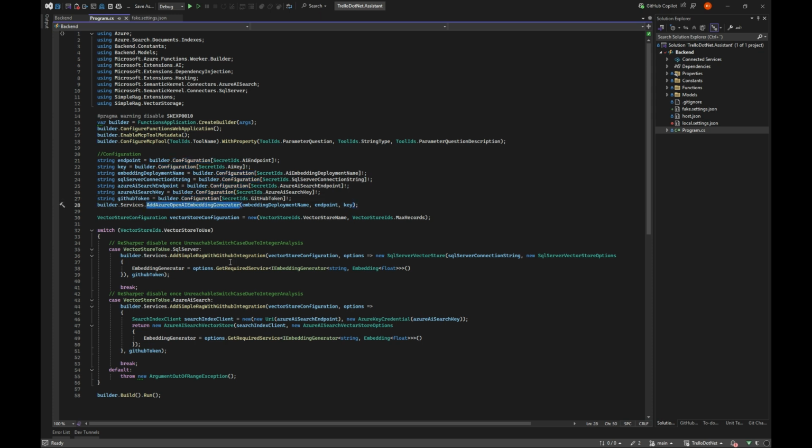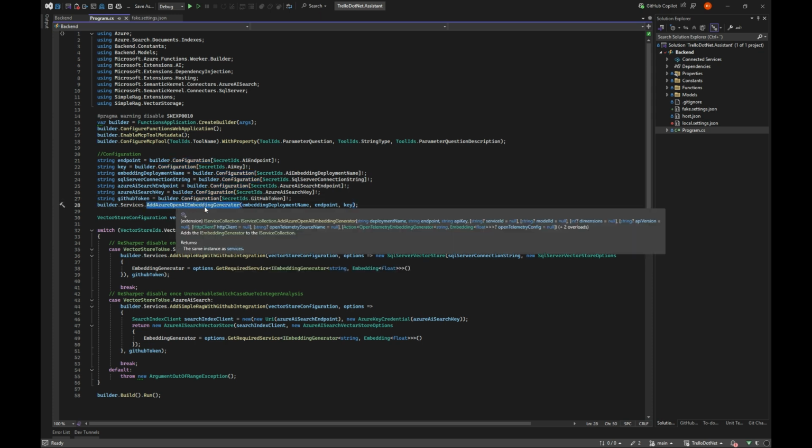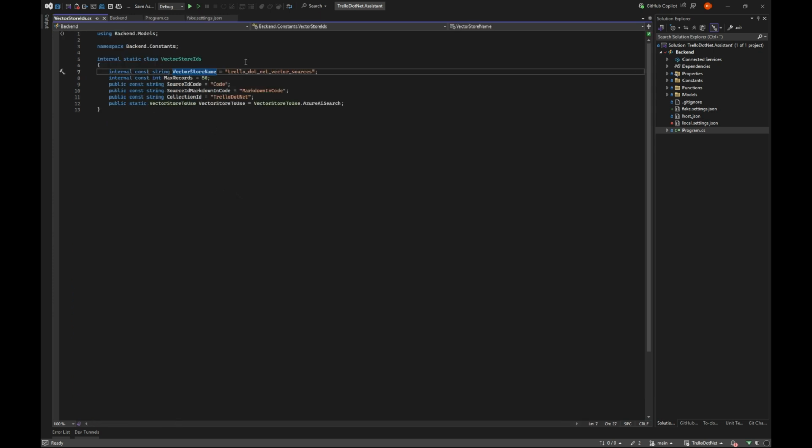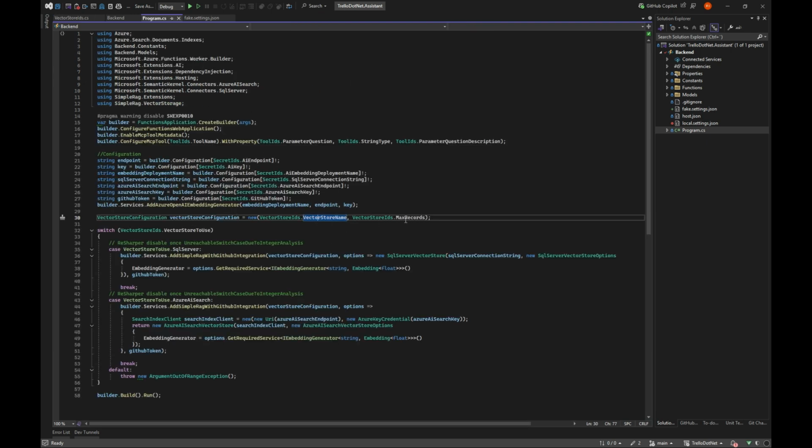Then we need to add the Azure OpenAI embeddings generator because we need embeddings. So we just give it the Azure AI endpoint, key and embedding. And then we need to choose what our vector store should be called. In my case, I've just called it Trello.net vector sources. Nothing special. And whenever I search, I want to max search for 50 things.